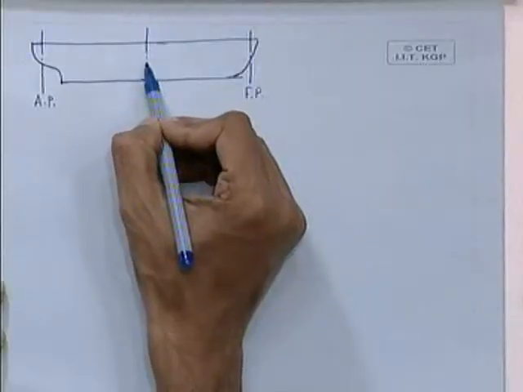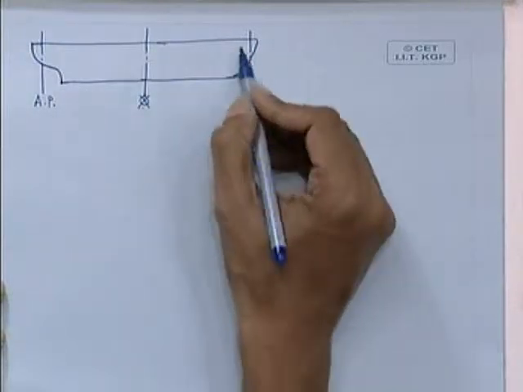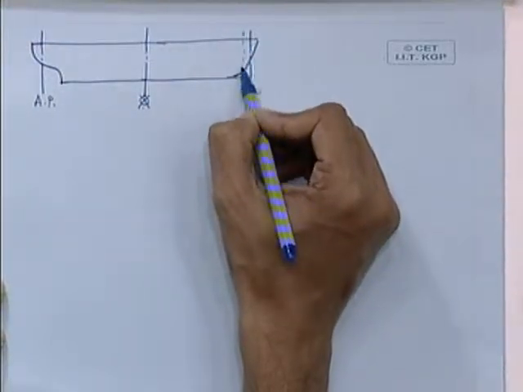So, here, even if you mark the stations, say this is your forward perpendicular and the after perpendicular is somewhere here, and this is your midship section,